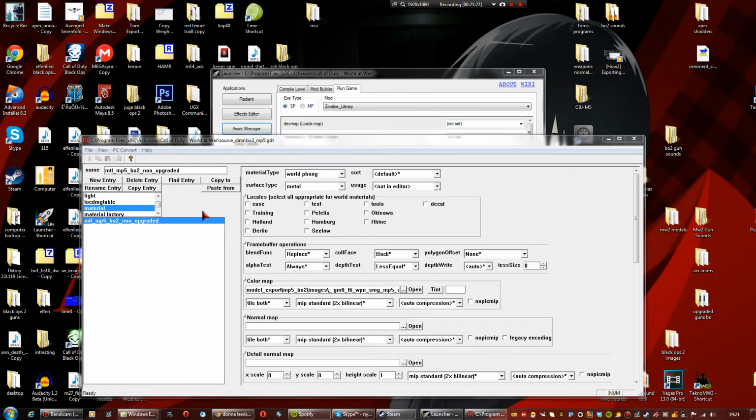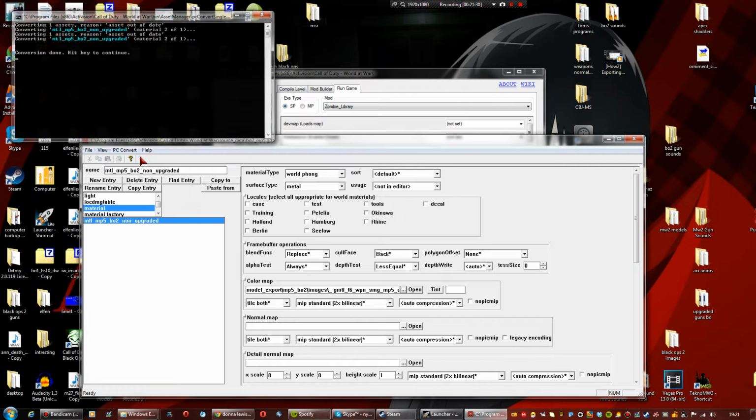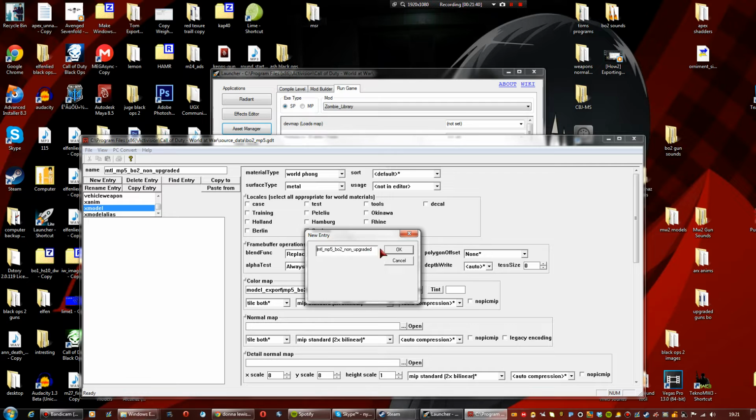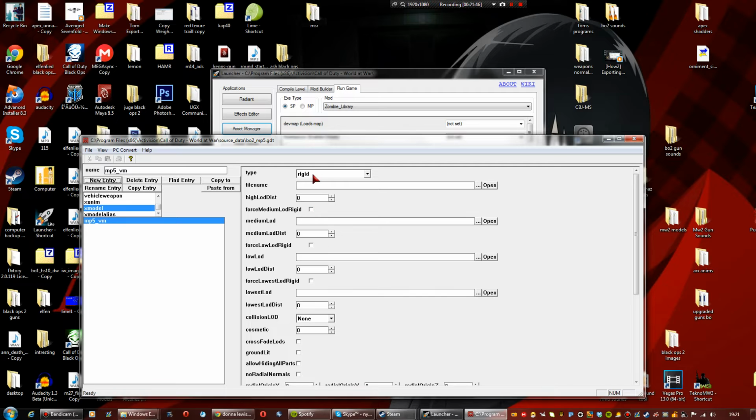So once the texture's exported, so it took a while to do, so I'll redo it quickly. There you go. See. Then go down to X model, and go to new entry and MP5 VM. Make sure you change the type from rigid to animated,